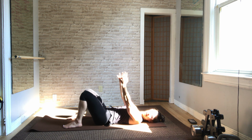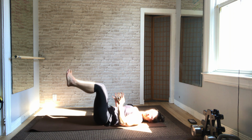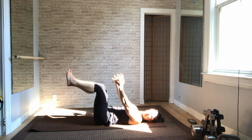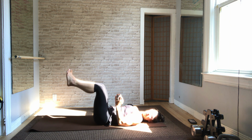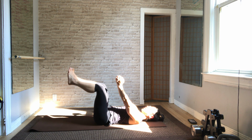Keep going with the hands. Just lift your feet so that you're in tabletop with your heels in line with your knees. Shins parallel to the floor. Elbows tucked in towards the rib cage. Exhale when you go up. Low back stays down. 4, 3,